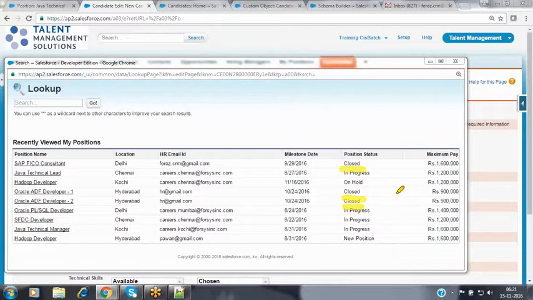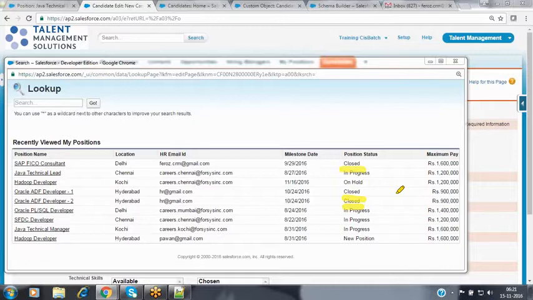He cannot apply for a closed position right now. The candidate cannot submit the candidature for a closed position because the position has already been closed. We have already identified the candidates and recruited the resources, so there is no need to apply right now. Then how can we restrict the visibility of this closed record here?